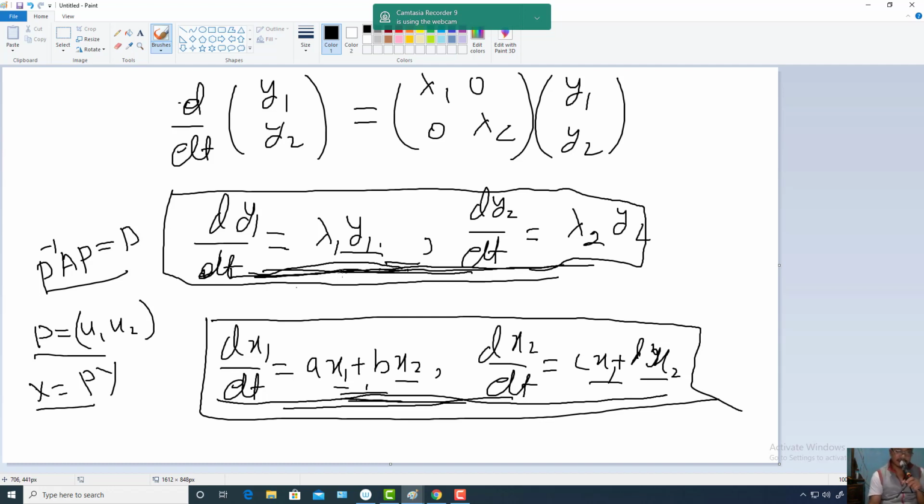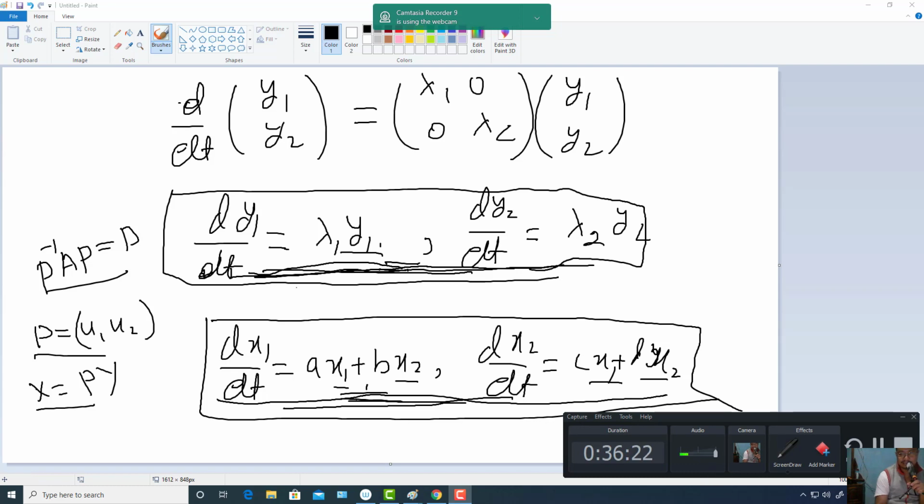Okay. So this is the theory I want to tell you today. I think you can listen to it again and again, and then you can write down proper notes from this, and this is a very fundamental one. Okay. So this much I want